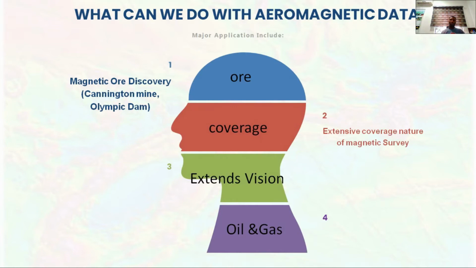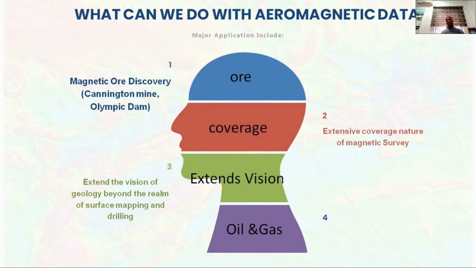Within a very short period of time, you can cover a long range of kilometers, in blocks such as 10 by 10, 20 by 20, 50 by 50. So it is very important and useful for extensive coverage. Again, it goes beyond superficial interpretation to 2D or 3D interpretation. This is more than superficial geological mapping at the surface. It can go very deep beyond the Earth's surface, down to the crust and the middle